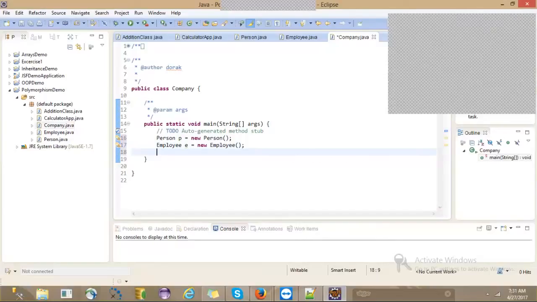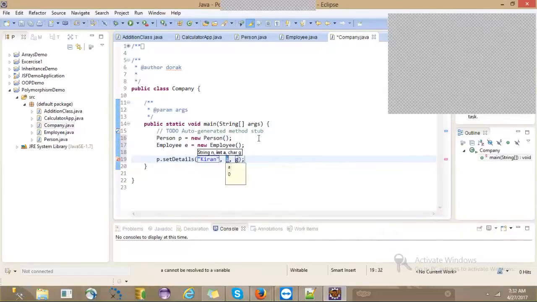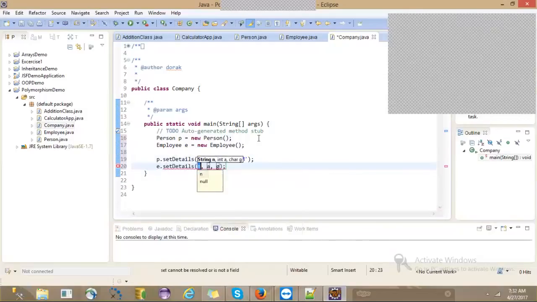Now p dot set details, Kiran, 29, M. In a similar way, e dot set details. In employee, how many parameters are there?